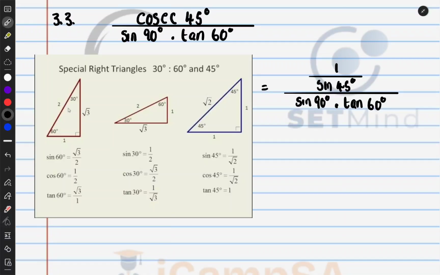Okay, and then what is sine 45 degrees? Sine 45 degrees is 1 over root 2, so I can just write it in this form: 1 divided by sine 45, which is 1 over root 2,